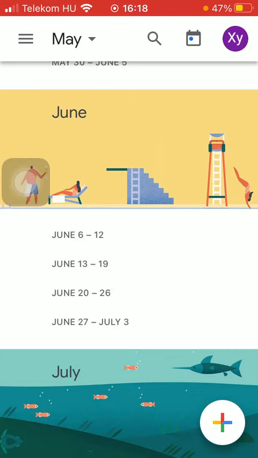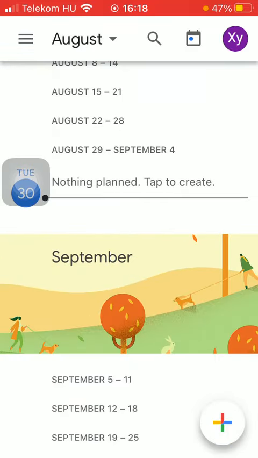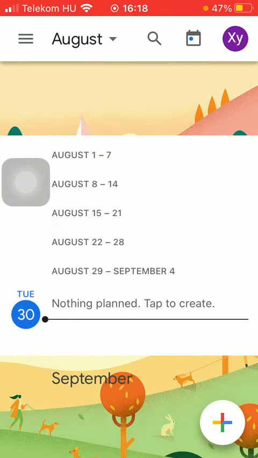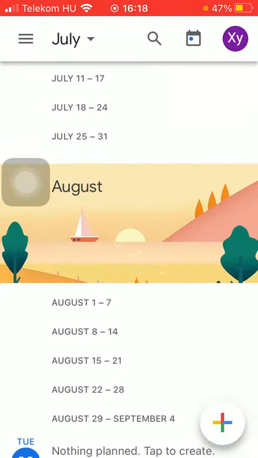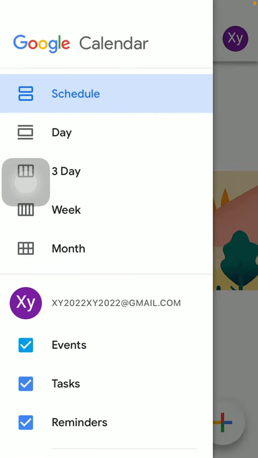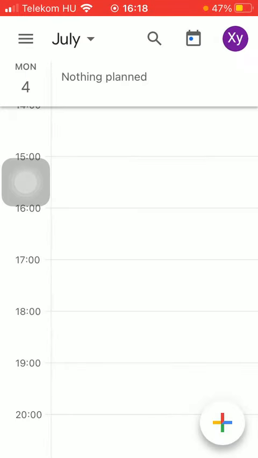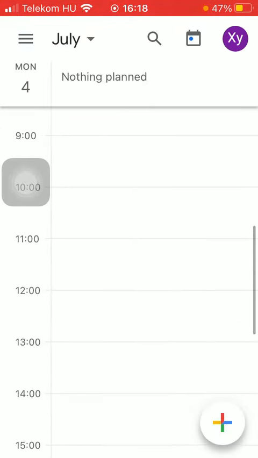So just simply click on it, and then you will be able to see your schedule. As you can see, you can also have a look at your daily schedule. As you can see here,